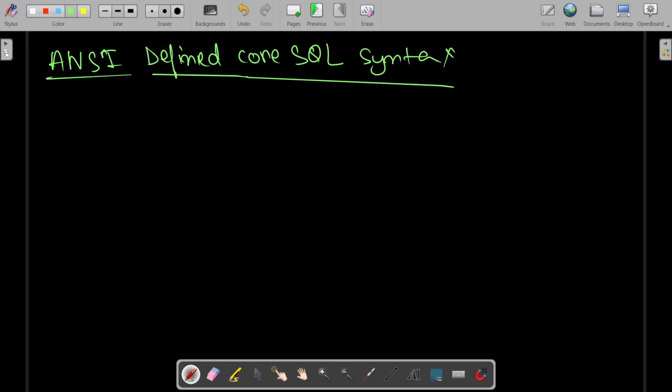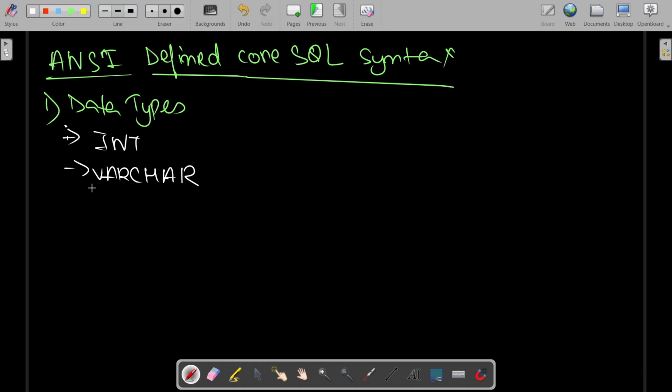Now let's take some standard data types. For example, int, varchar, then date, then decimal. Okay,